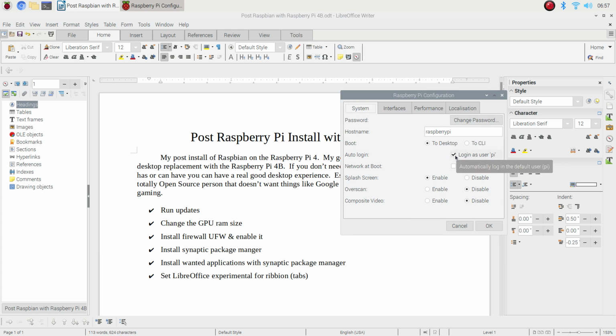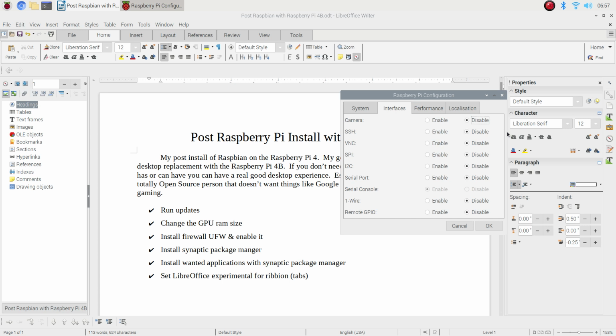Now you can check that or uncheck it, because by default it's checked. Interfaces: camera, SSH, serial port, other things can be enabled. By default they're disabled. This serial console says enabled, but also you can't do anything with it. So that's that. Performance,